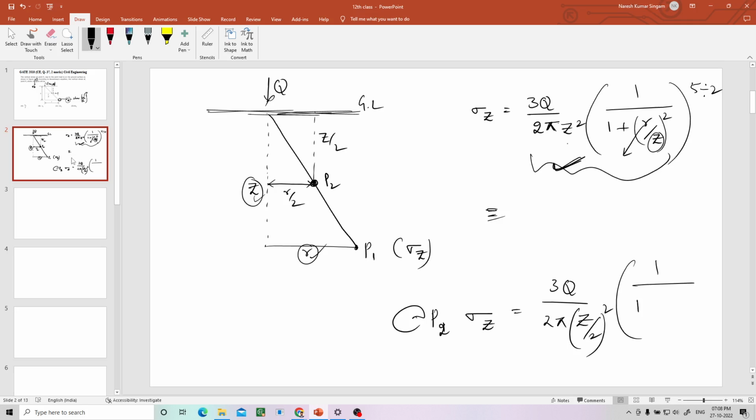So 1 by 1 plus, what is the horizontal distance from the line of application of the load? Here this is r by 2. In place of z you have to put z by 2, right? So whole power 2.5, the power square here will be cancelled. Then if you take this to the next page,